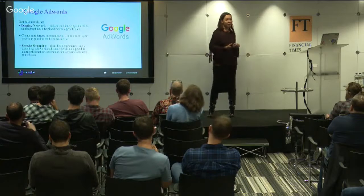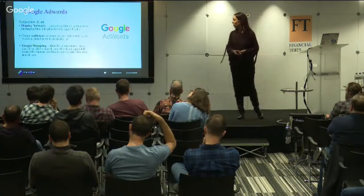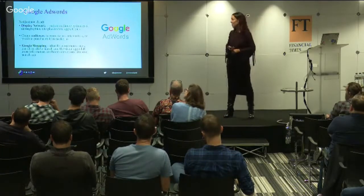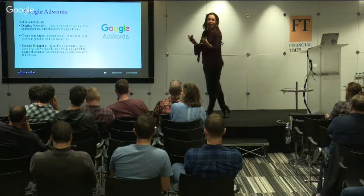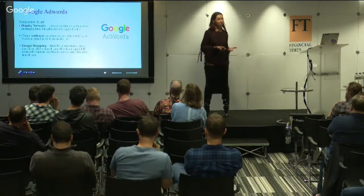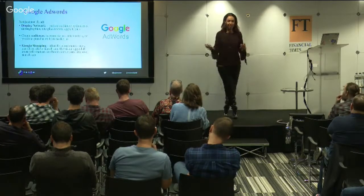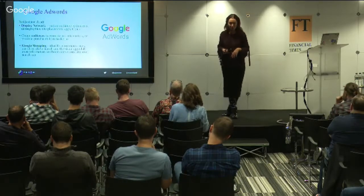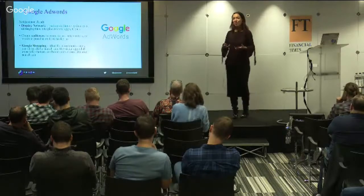Then we have Google Shopping. So if you have an e-commerce business, like an online clothing shop or products that you're selling online, then you can set up Google Shopping by using XML feeds. And this works really well for our e-commerce clients because you can not only have this text-heavy ad within the Google search results, but you can actually enhance that by having visual attached to the text as well. So it really helps to gain traction and attention and get your brand to be visible, and also you can get all the call to actions combined with Google Shopping ads. So very good. Good to test different tactics, what works best, rather than just thinking about keyword